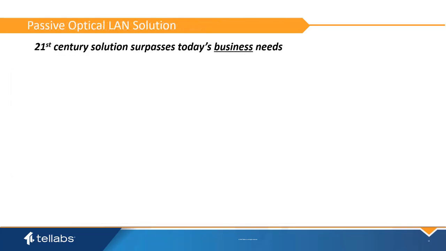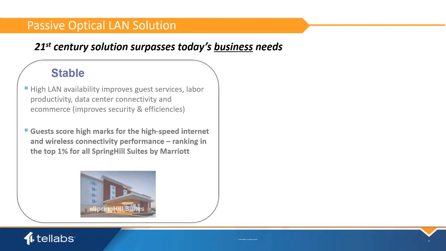The good news is that we have passive optical LAN, and that's what we want to talk about today. From a business standpoint, we can improve the reliability of your network, not only for the guest services, but for the back office. We did this for a Spring Hill Suites in Dayton, Ohio, and now they are ranking in the top 1% of all Spring Hill Suites by Marriott relative to their scores on high-speed internet connectivity and